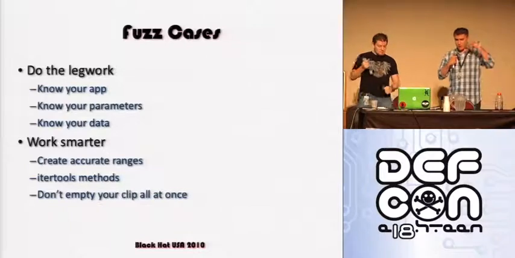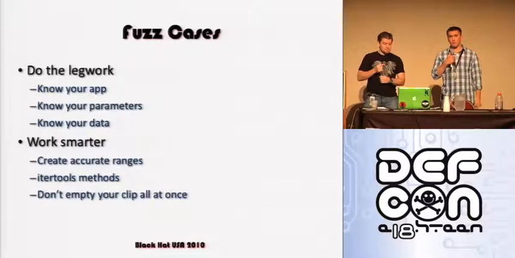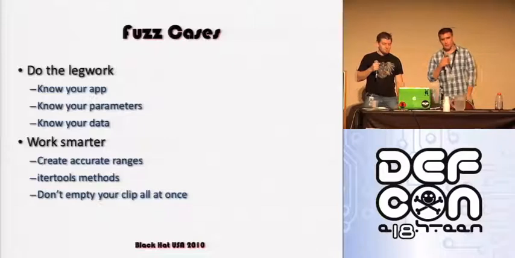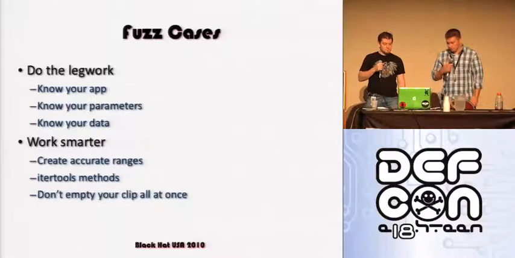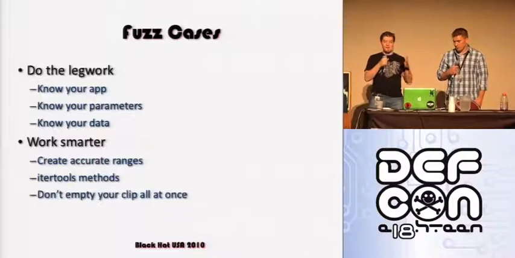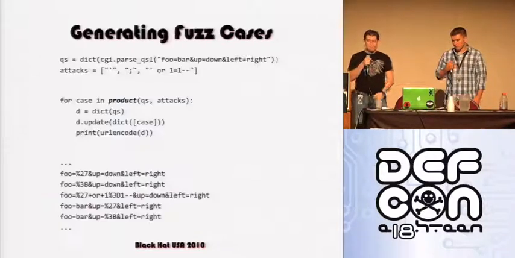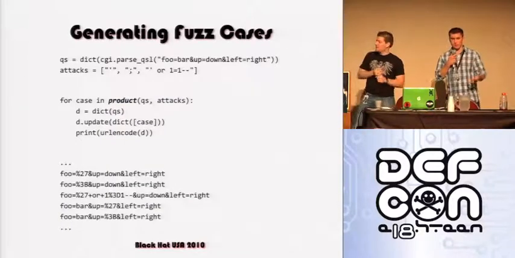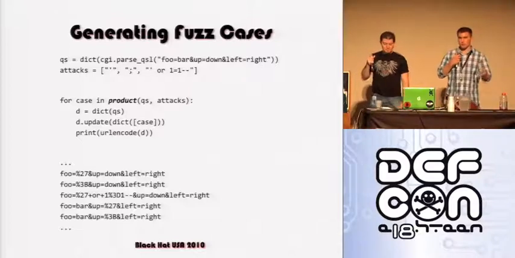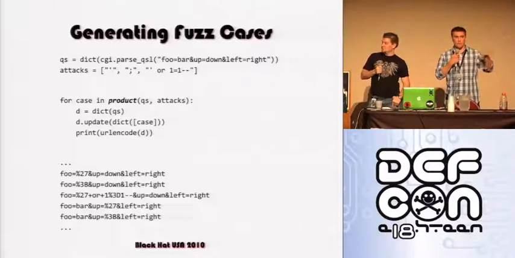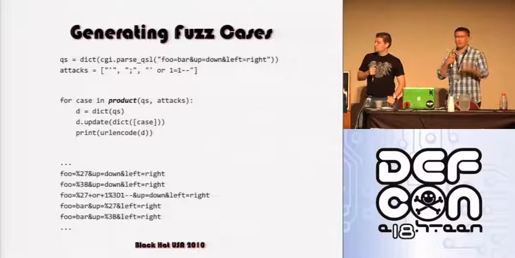When you're actually throwing stuff at the app, don't throw everything you've got at once. You're never going to be able to explore all the code paths if every parameter is just junk. So if you have a string of POST data that you're testing, you want to iterate through it one by one and not throw every single thing at every single variable every single time. An example of this is using the product method from the itertools module. Basically, this creates a Cartesian product of two iterables or two lists against each other, so that our output is fuzzing one parameter at a time per each attack string,